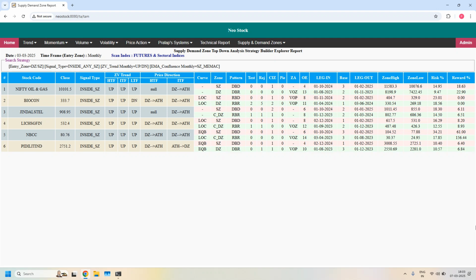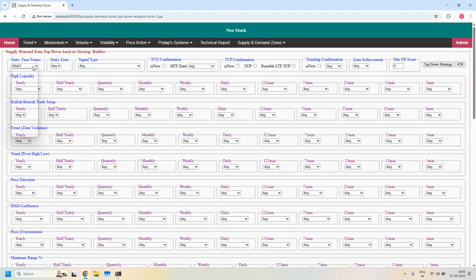That means in these 6 stocks, these monthly supply zones are having monthly EMA Confluence, and also current price closed inside those monthly supply zones. So this is about monthly time frame. Next time frame is weekly time frame. Because this is the end of the week, we will also generate some few additional reports like newly